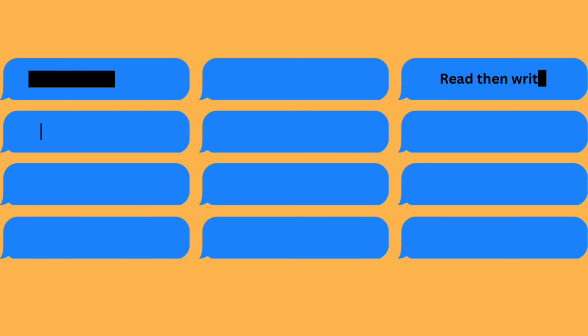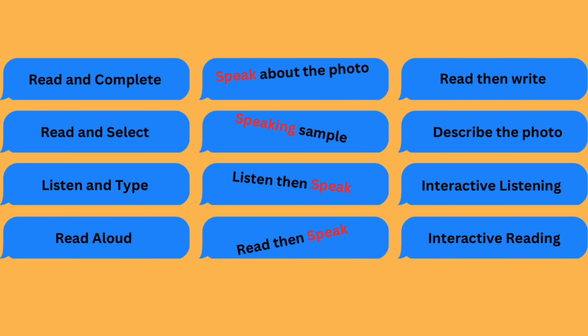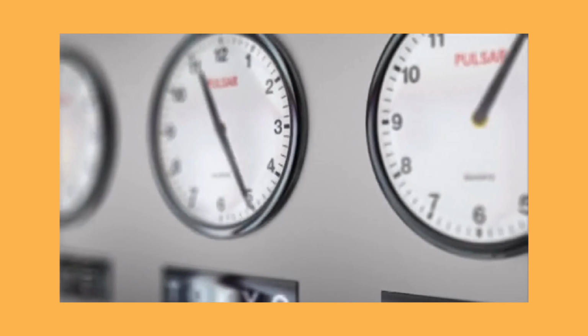Among all the question types on Duolingo English Test, students face the most difficulty in answering the speaking question, specifically speaking for 90 seconds. Most of the time, you are either not able to generate ideas in your mind, and other times, even if you are able to generate ideas, you are not able to put them into words. This happens in normal situations, and when there is a timer associated with it, the pressure goes to a different level. So today we will be talking about how we can make sure that we answer this question effectively and